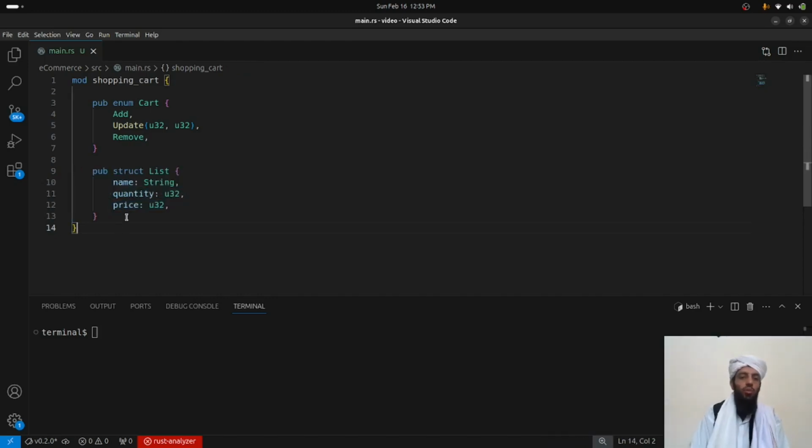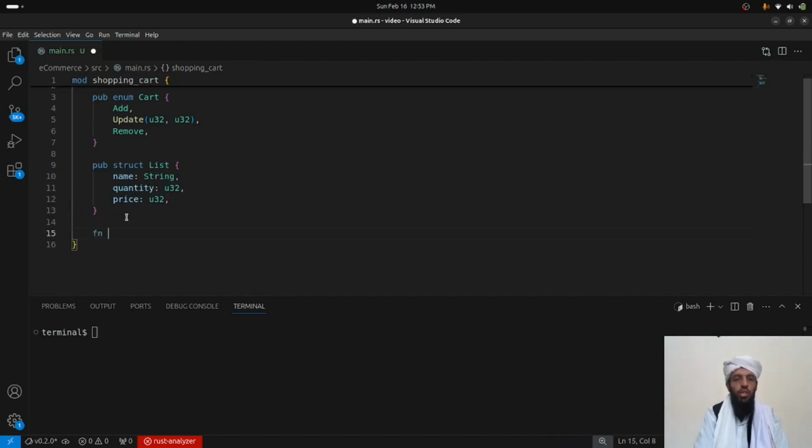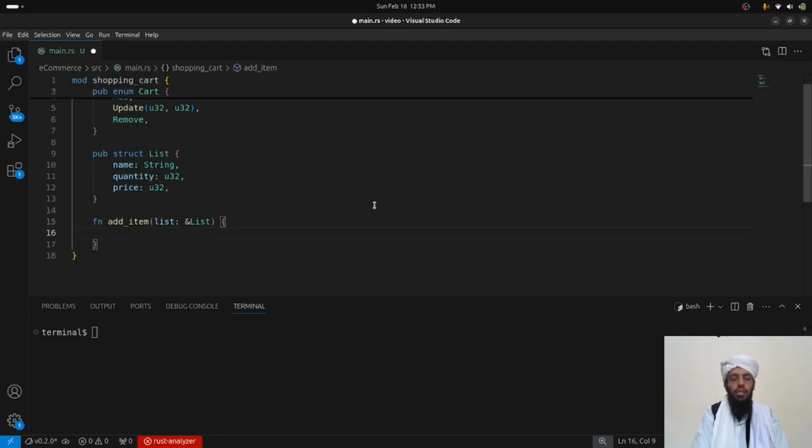So now let's take a look at the functionality that I'm going to be working on. So the first function that I'm going to be working on is add item, and inside this add item I will put the list as parameter. That is going to be the reference of that struct. And after that I will write print line: your item is successfully added to the cart. Here are the